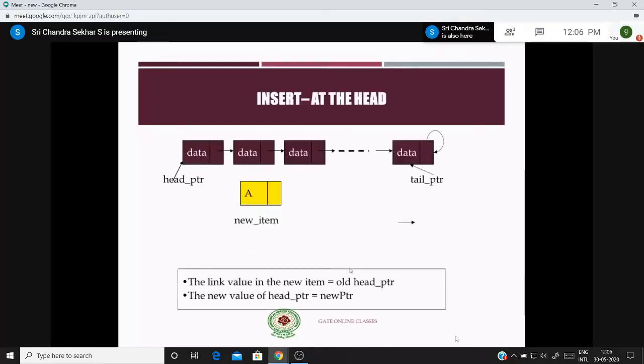Next, coming to the insertion operation. This is an important operation, please have an idea, right? So this is the example that I am giving. Assume that there are n different nodes already present, and each node has the data part. For example, assume that this is 100, this is 200. These are the base addresses I am representing, right?